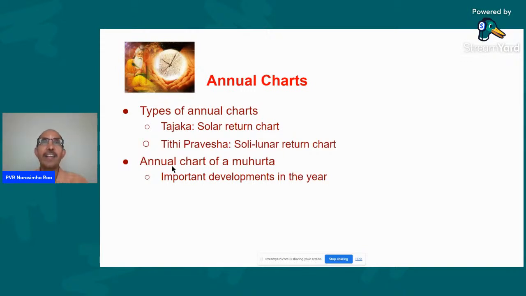Basically, you can't see childbirth, etc., in the new job chart, because it's not relevant, unless in a particular case there is some relevance between the job and the birth of a child. Then you may, but 99% of the time, that's not the case. So you use your common sense. What is the entity whose chart we are looking at, and what kind of events in the lives of the natives involved are related to that particular abstract entity that we are talking about.